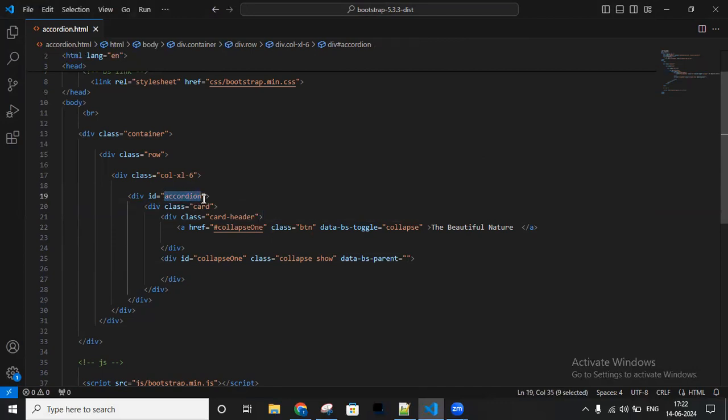Okay, let me copy this one and we can paste it here. This is a parent we have, and this is an ID, right? We can call the jQuery ID selector. We can use this hash. Now, inside of this one,